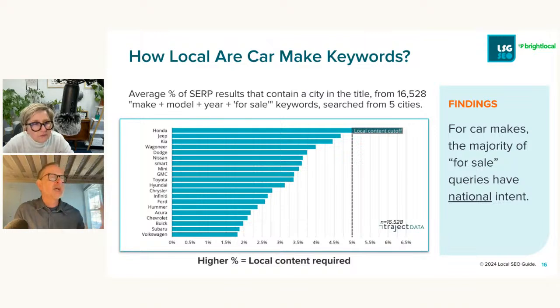Actually, before I go to this, if you just do a search right now, it might be different in whatever country you're in, but in the US, what we typically see are sites like CarMax, CarGurus, Edmunds, these national sites, because we think that's what people want when they go to buy a car. They want to see a big selection. They want to see a lot of research, and only then do they go to a dealer. So it kind of makes sense.